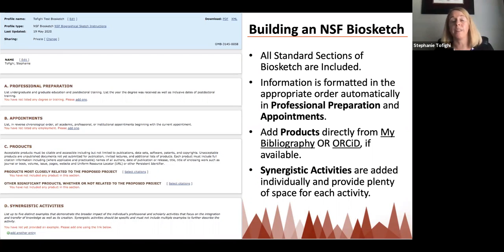If you want more flexibility in the order of the products, using the fillable PDF is going to be the best option for that. And then synergistic activities can be added individually, which provide plenty of space. That is something that I've noted in the fillable PDF. You have limited space for synergistic activities, and so many times it requires faculty to really condense what they're saying